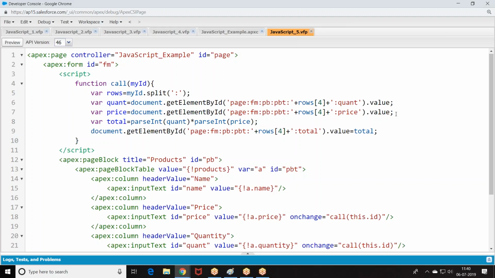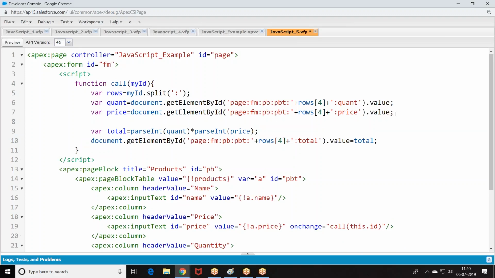Here we need to take quantity. We can write a condition. If they are null, don't calculate. Any one of the values is null, don't calculate. Both of them are entered, then only calculate. I can give it.